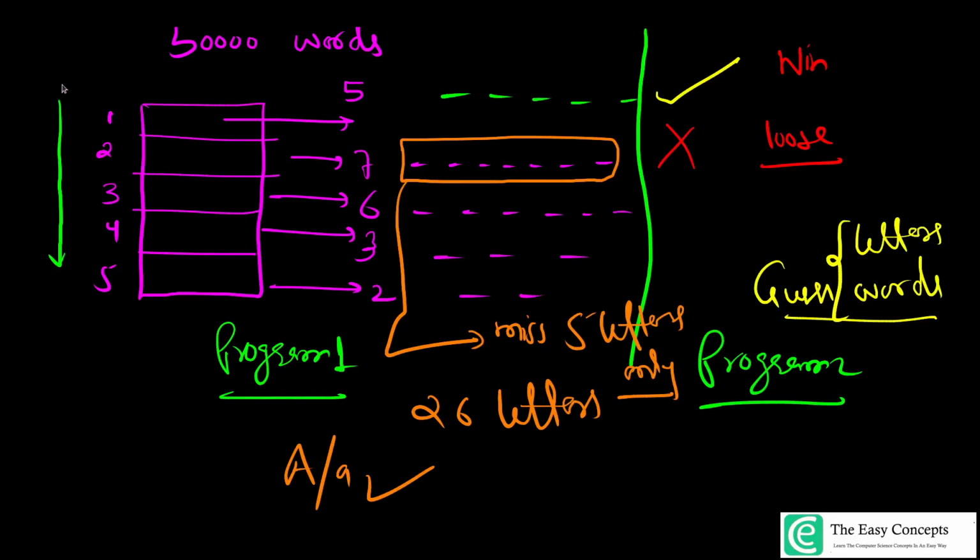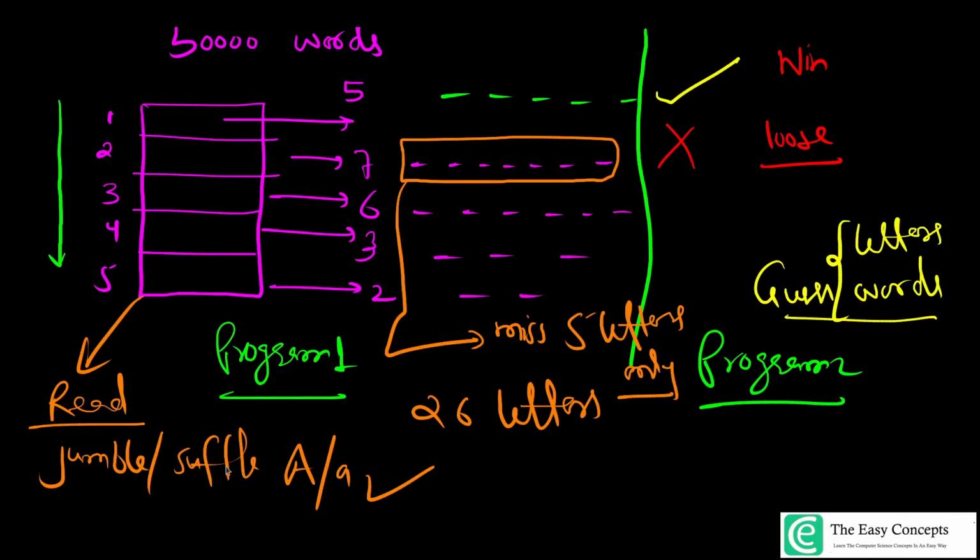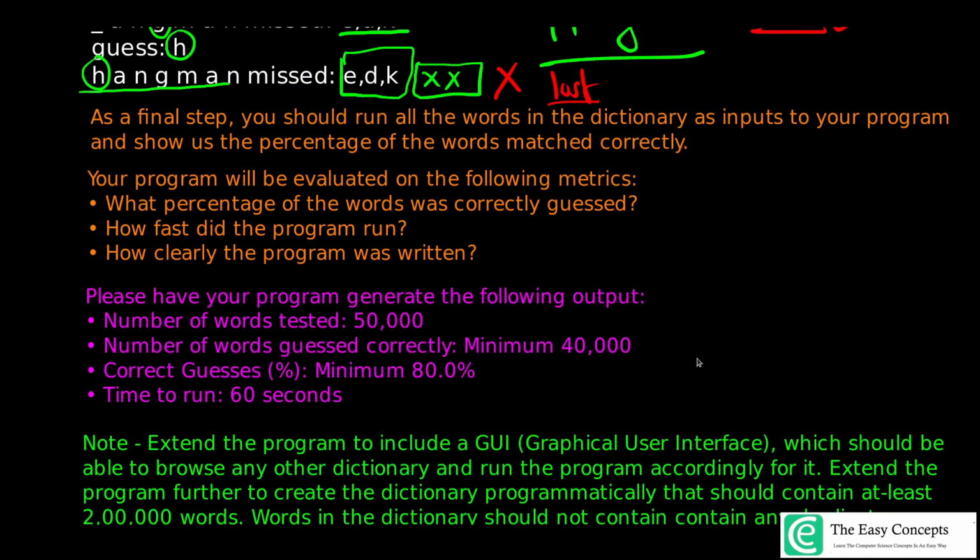So you might say that if we read this file serially, another program already knows that this is the order, right? And it can guess easily. But that is not the case here. You should consider that whatever the first program is providing, the second program does not know the order of this file. Or you can just create a file or read its input and then jumble, or shuffle the letters, right? In that case, there will be more probability of not getting guessed easily. Okay, so logic should be correct.